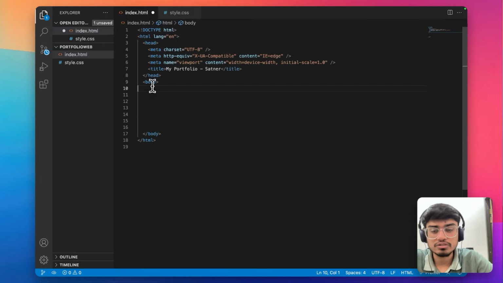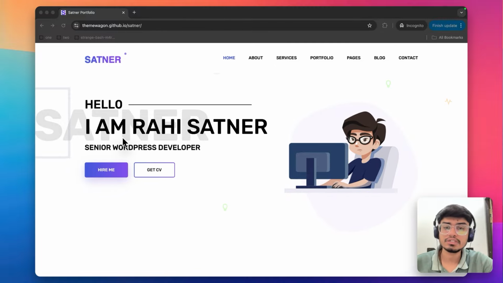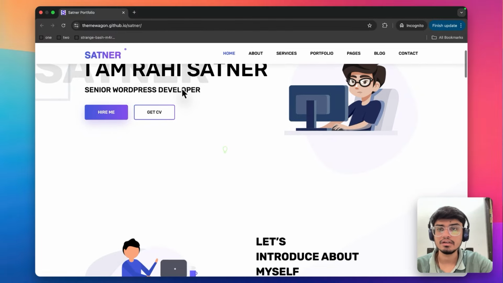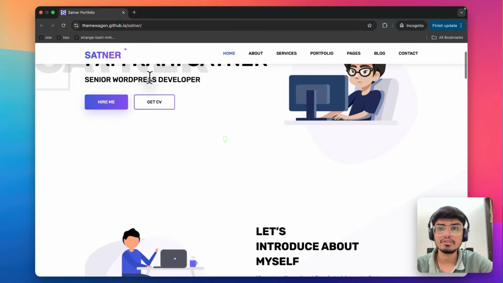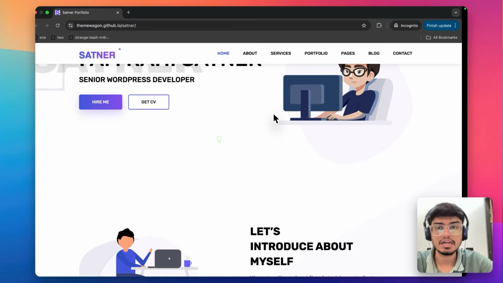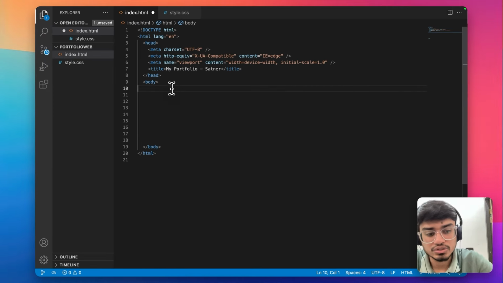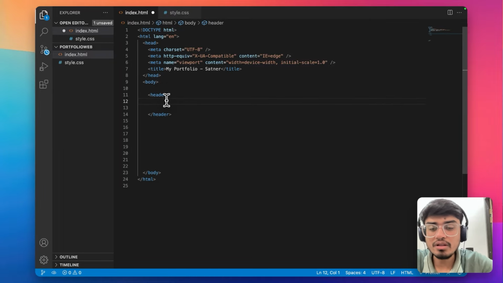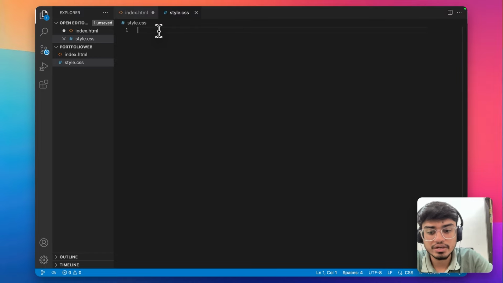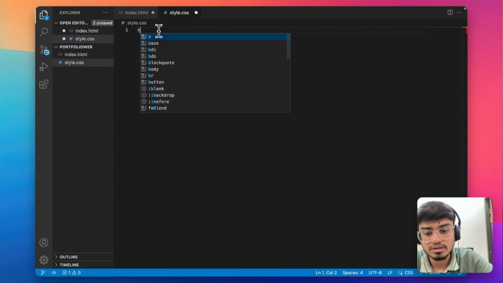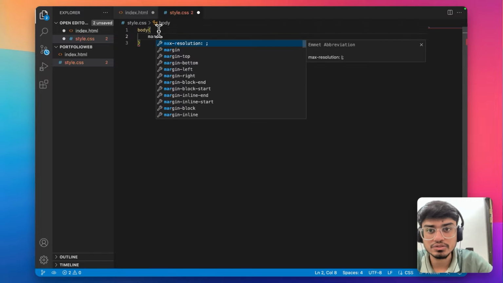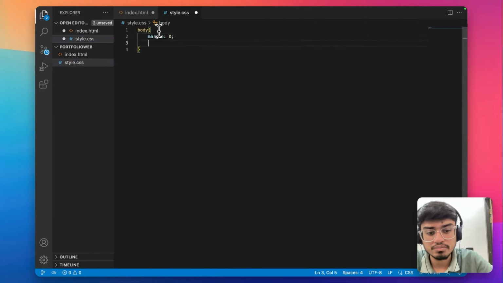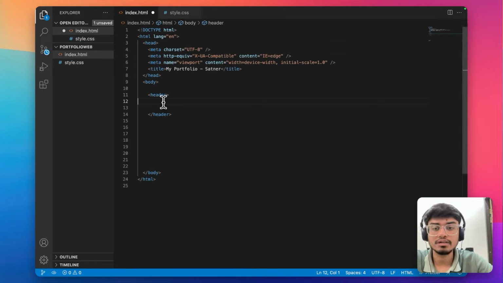Now coming to the body part. In the body, the very first thing that you see is this header. You see a simple header with the logo that he has created and some items over here. So let's start jumping into the header. Header. Now quickly come over here in the CSS part, and first of all, body, I'll give margin 0, padding 0. And inside the header,